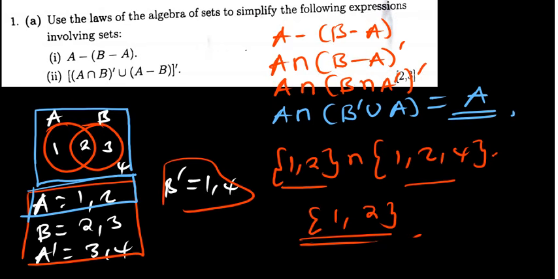Which one is good for you, using a Venn diagram or using absorption law? Using the Venn diagram for me, I think it's good. You can use either absorption law or the Venn diagram. That is okay. So that is it for the first part. Then if we go to the second part,